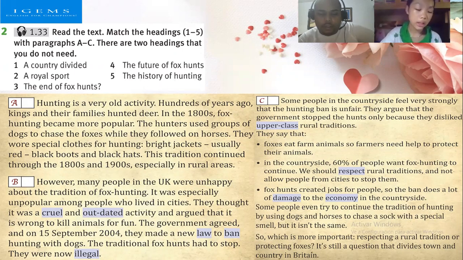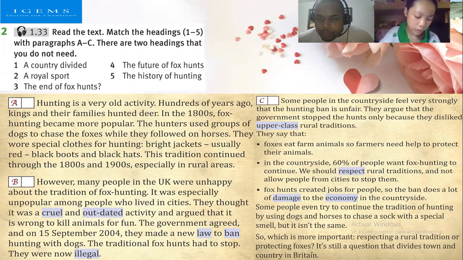Some people in the countryside felt very strongly that the hunting ban is unfair. They argued that the government stopped the hunts only because they dislike upper class rural traditions. They say that foxes eat farm animals, so farmers need help to protect the animals. In the countryside,